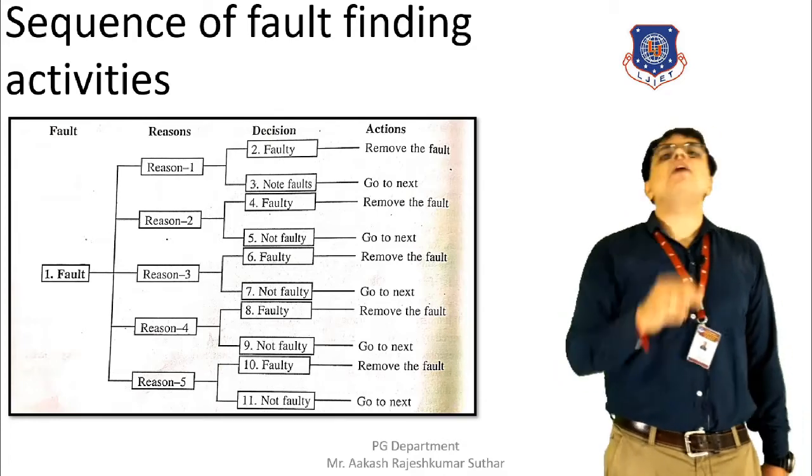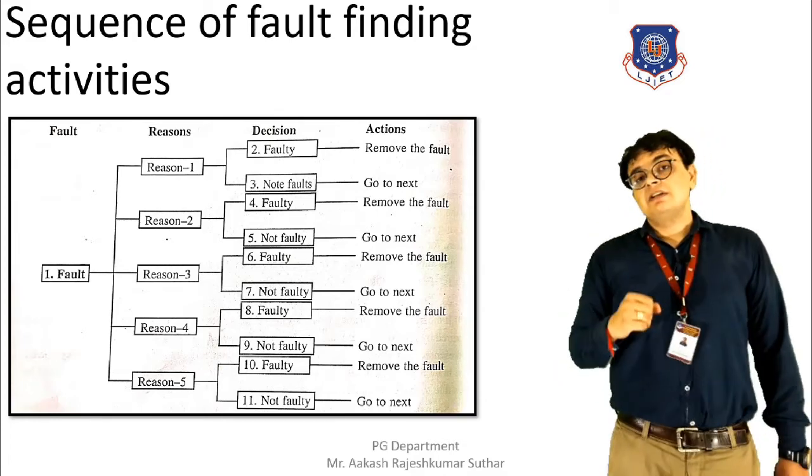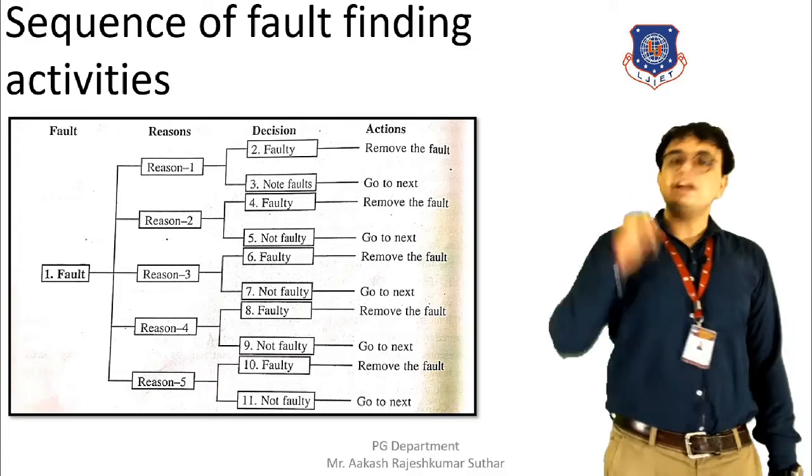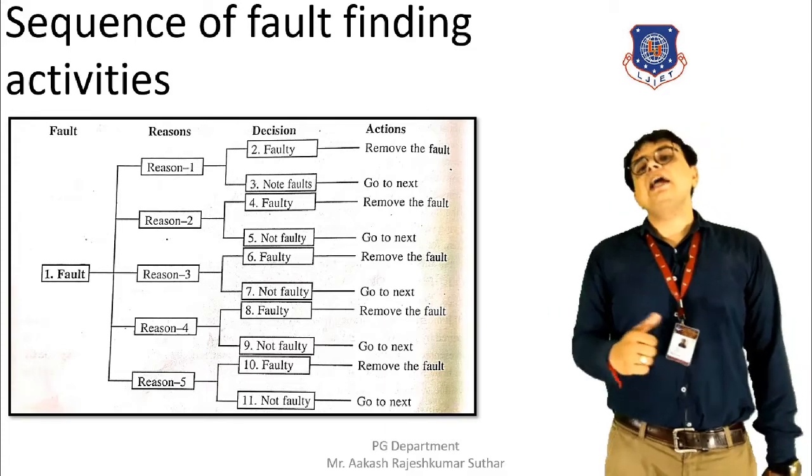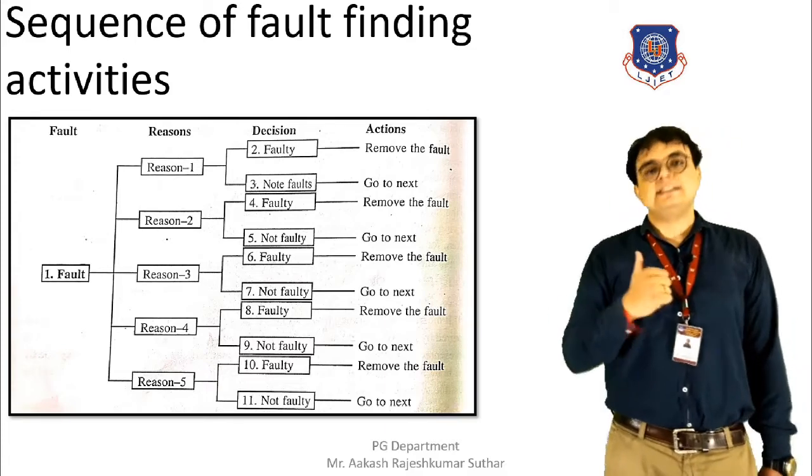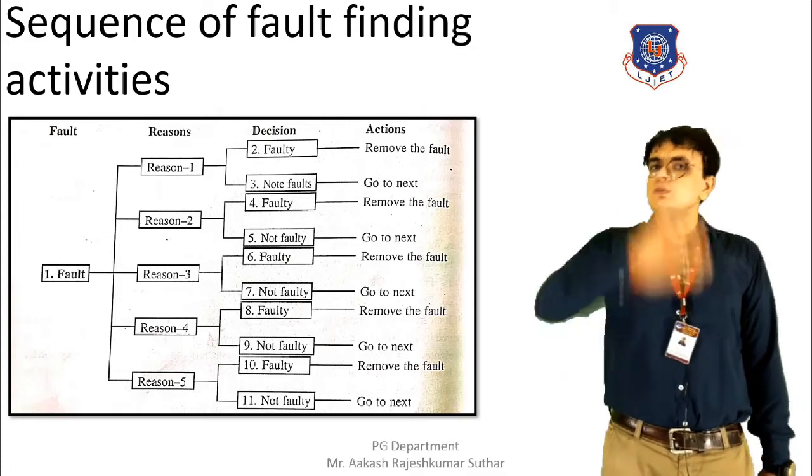That means we have found the fault. But if reason 2 is not a genuine reason for the fault, then we should write not faulty. That means we should move towards the